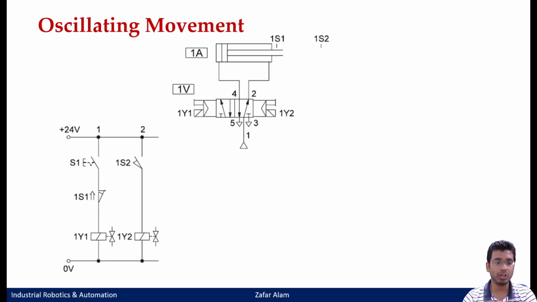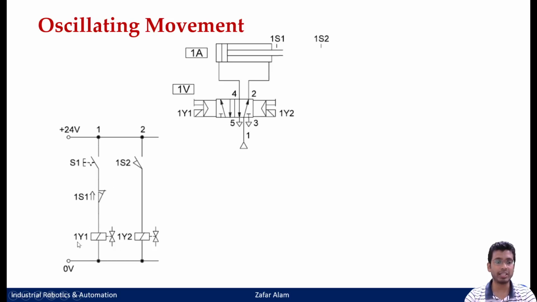Fine. So this is extended, and along with this, I am also using my 1S1. This shows you a double arrow pointing upwards. This shows that initially my valve was like this, my roller valve or limit switch, but this is showing you the engaged position of the valve. Since my cylinder is in its retracted position, this 1S1 valve is engaged, and hence this switch will remain closed.